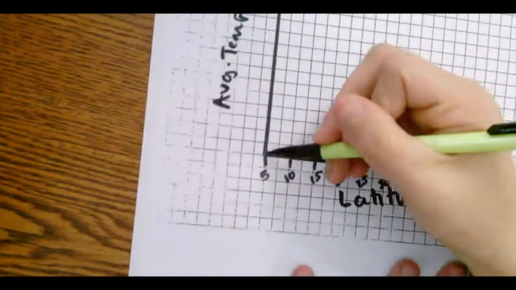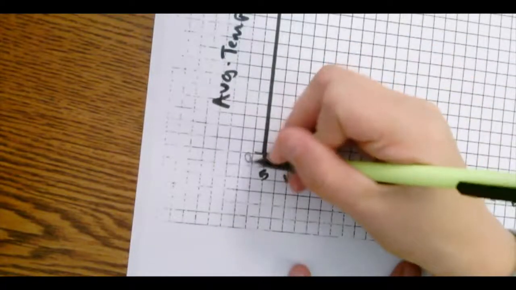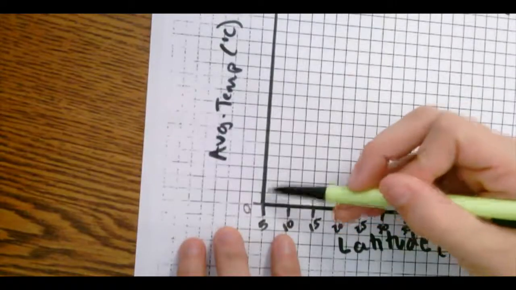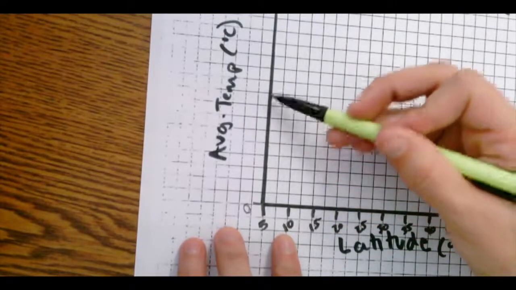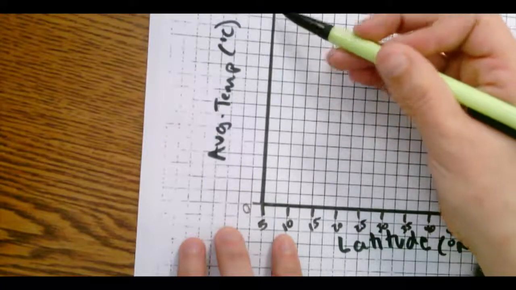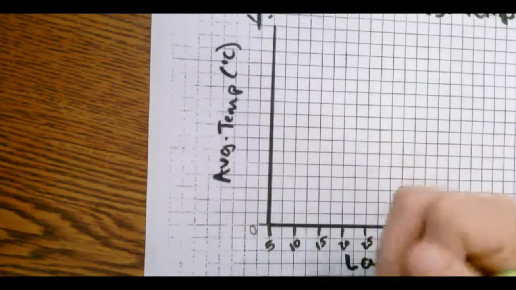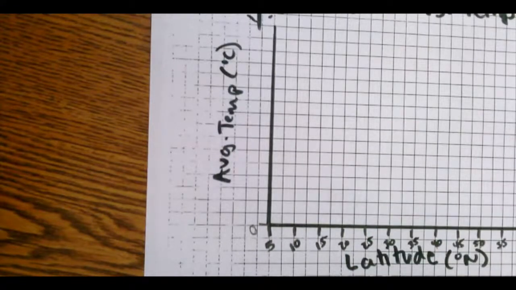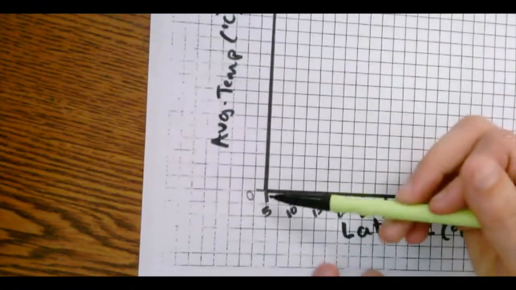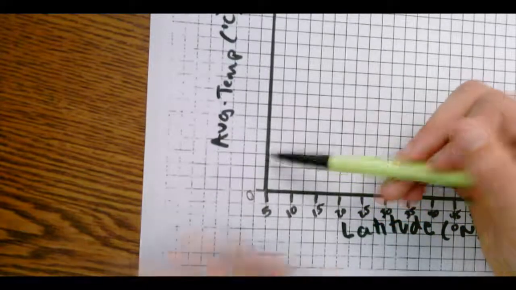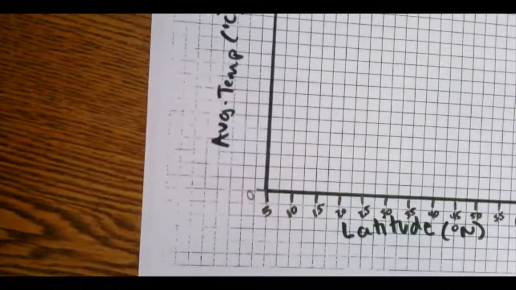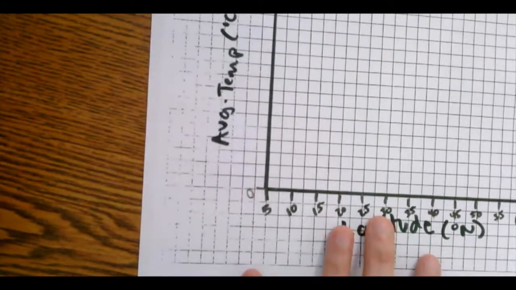Let's see. If I start at 0, let me see how many lines I have. So I have 0, 1, 2, 3, 4, 5, 6, 7, 8, 9, 10, 11, 12, 13, 14, 15, 16. So I have 16 lines. So that's not quite enough for going up by 1s, which is okay. But maybe I can go by another one. Obviously, I wouldn't want to go by 10s because I would be 10, 20, 30. I would only use this much. That would be way too small. Okay, so let's go by,